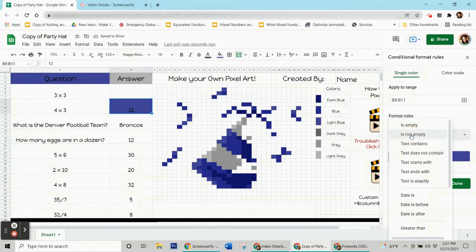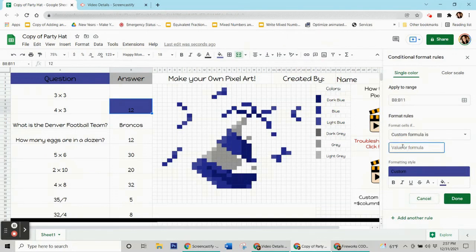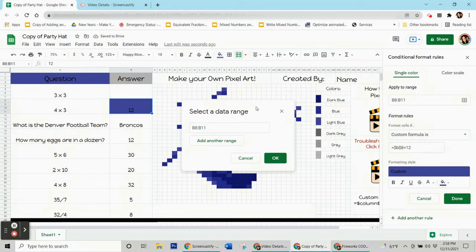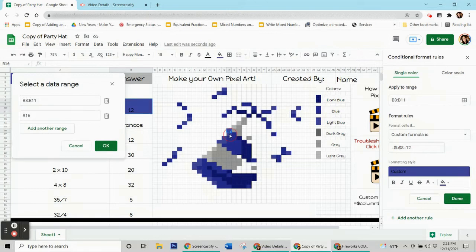Now I'm going to click, come down to Custom Formula Is, and I'm going to write my code again, telling the computer the column and row of this box and telling it that it needs to equal 12. Equals $B, that's the column, $8, that's that right there, the first one, equals 12. That's the answer. Technically my code is good, but I want to bring along pixels from the party hat. Slide this over, hold down Control so you don't lose that one,